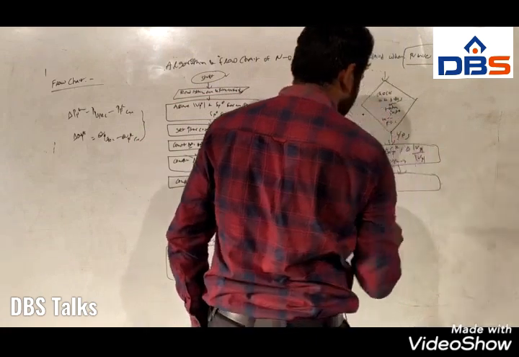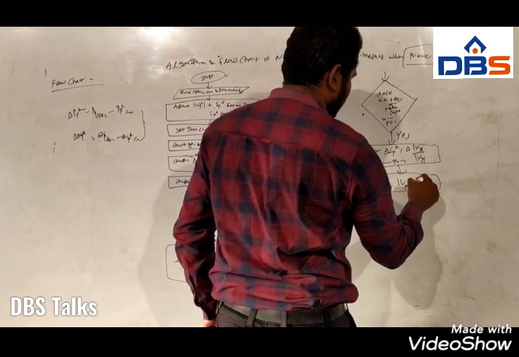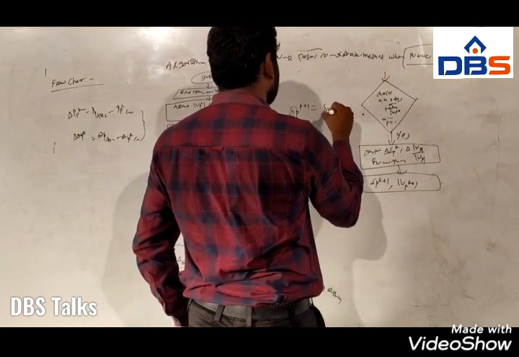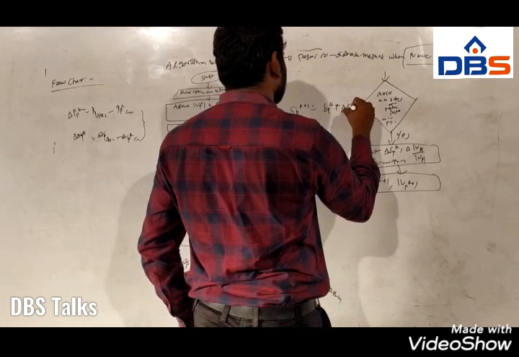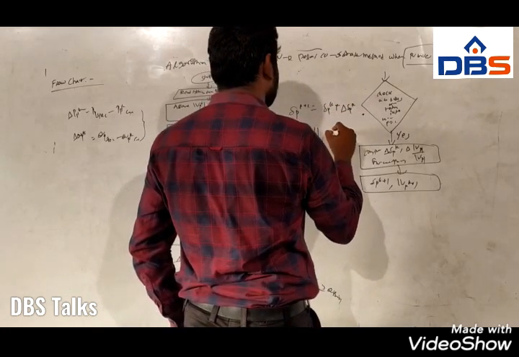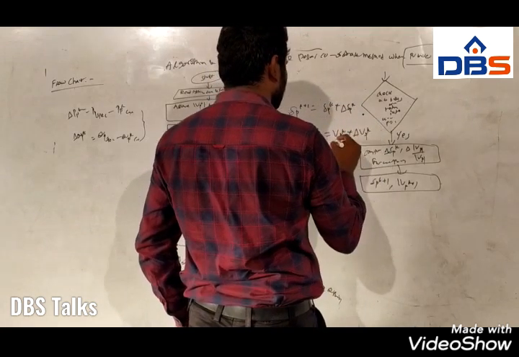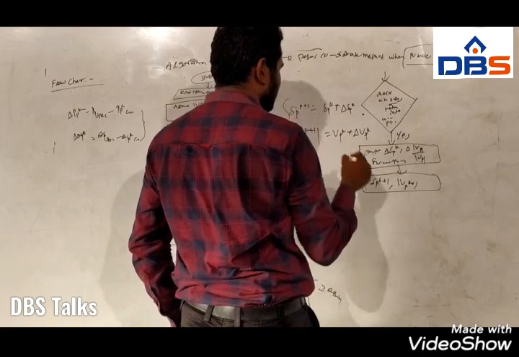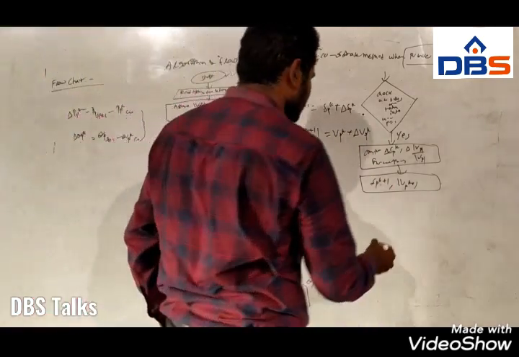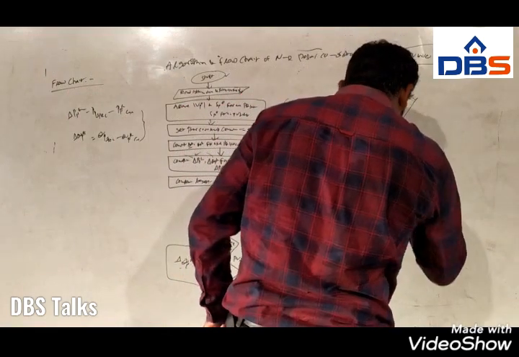and after that we have to compute updated values, that is delta Q power K plus 1, delta P power K plus 1, by using delta P power K plus 1 is equal to delta P power K plus delta P power K, and Vp power K plus 1 is equal to Vp power K plus delta Vp power K. By using these two equations we have to calculate updated values for PV buses and PQ buses, and after that we have to calculate,